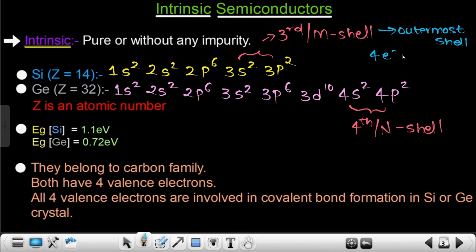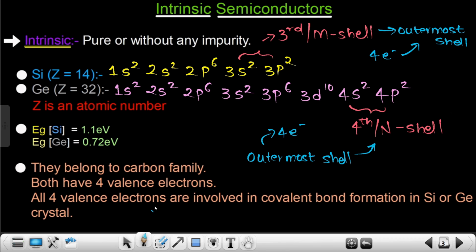Similarly, if you look over here in the outermost shell of germanium, we have what? We have 4 electrons. Since the electrons present in the outermost shell for both atoms are the same, the properties of both atoms would also be similar, right? So that's why they both are